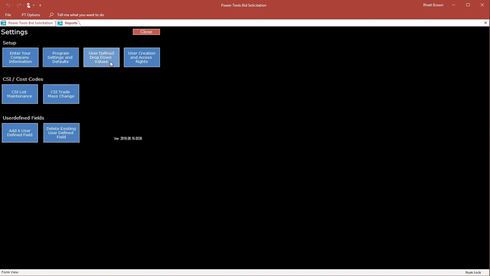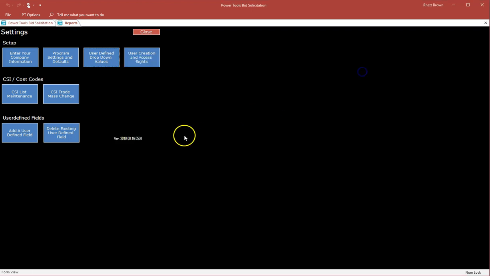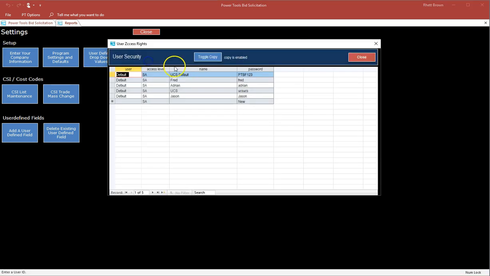The user-defined drop-down values are where you can modify what shows up in the myriad of drop-downs we have throughout the system, all completely customizable. Just select the option on the left and make changes to the drop-down settings on the right. User creation and access rights is a form where you can enter your list of users that use the system and what their access level will be,